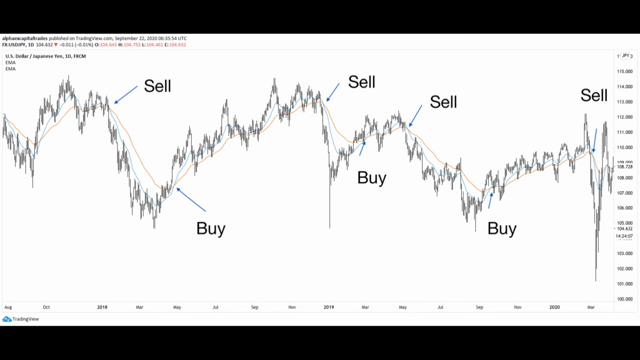Moving averages can be used in various ways to help traders identify trends, support and resistance levels, and potential entry and exit points. For example, when the price of an asset is trading above its moving average, it is considered to be in an uptrend. On the other hand, when the price is trading below its moving average, it is considered to be in a